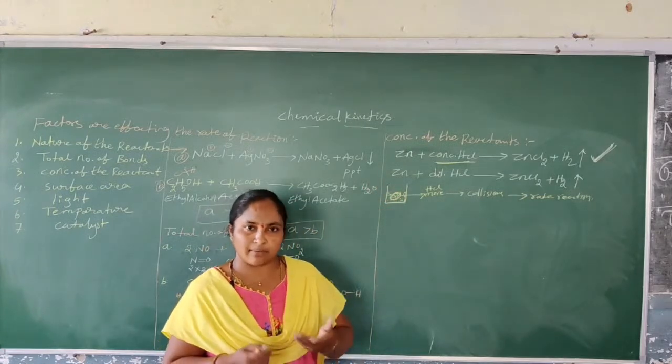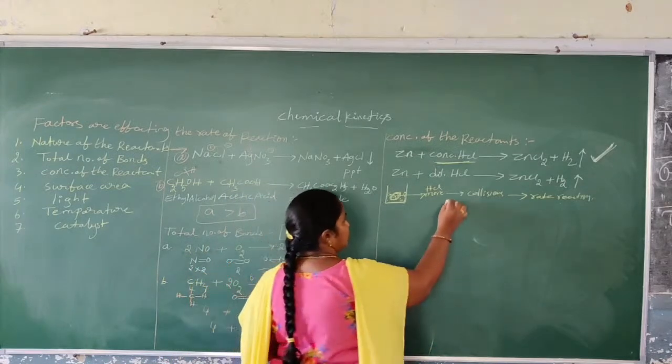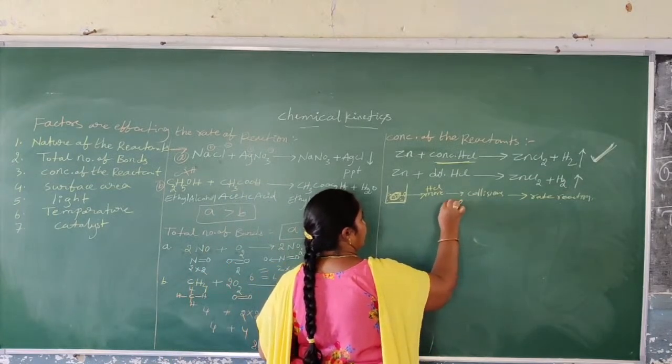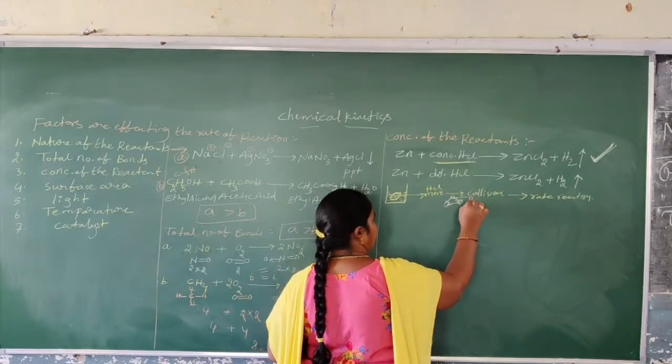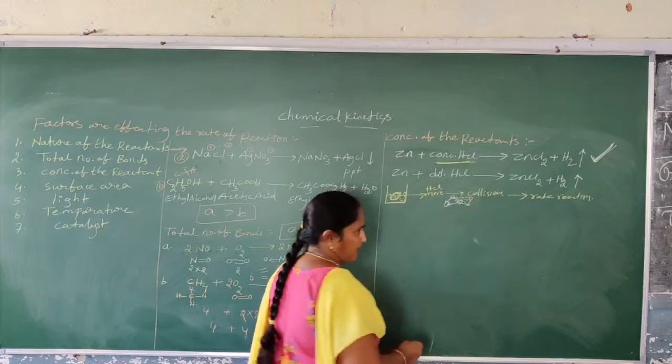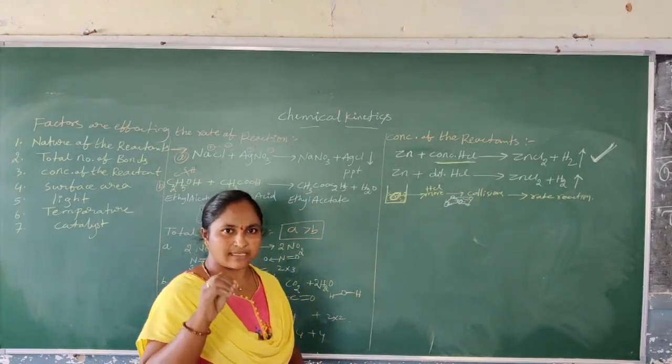If the number of molecules is more, they are involved in more collisions. One molecule collides with another molecule, which collides with another molecule, and so on. Like this, the collisions will happen. So that's why the rate of reaction also increases. Please keep in mind